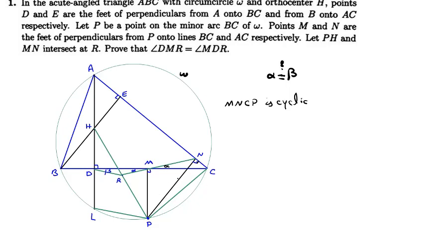Okay, it is alpha, it is cyclic, so it is also alpha, because they see the same side. And for example, this is 180 minus 90, it is 90 minus alpha, and ACPL is cyclic. Because it is 90 minus alpha, this plus this is 180, so it is 90 plus alpha. We know it is 90 plus beta, it is 90 plus alpha, so we should prove that it is equivalent that YDR is congruent to